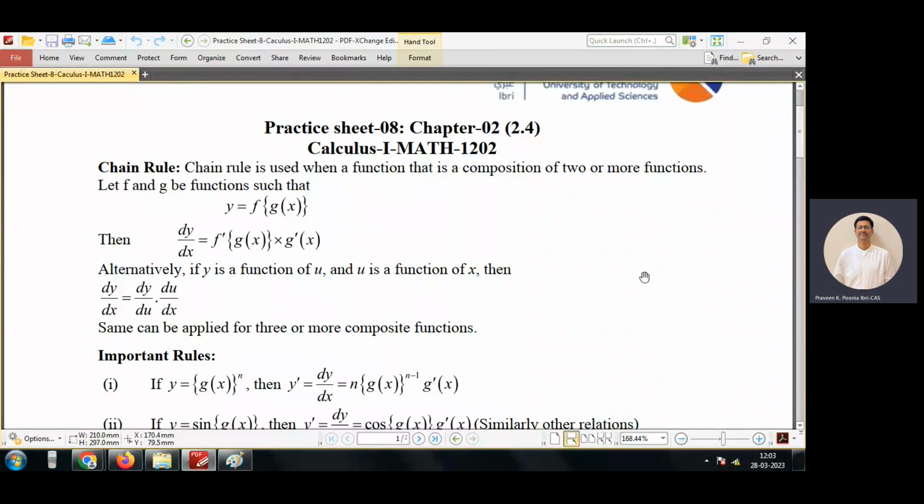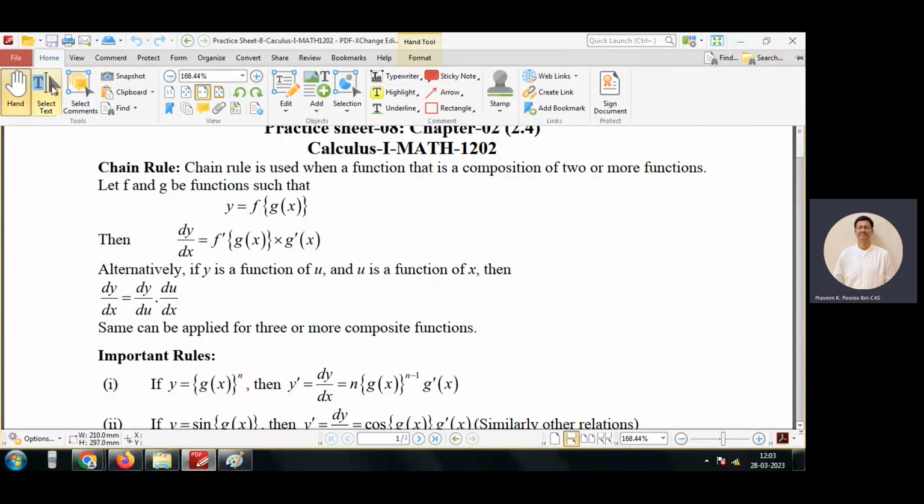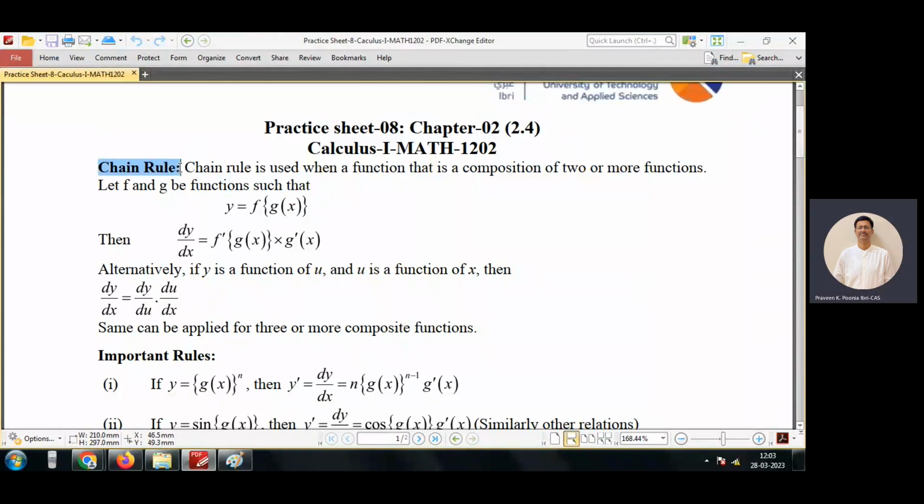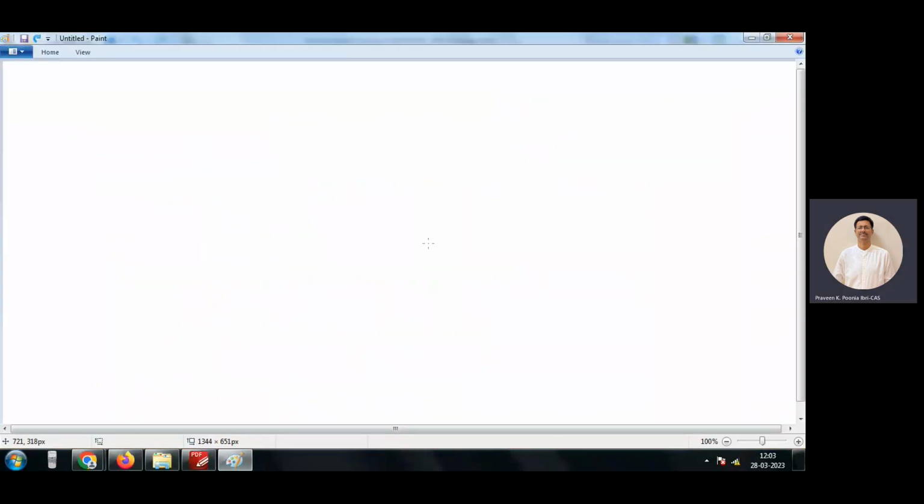Good morning, students. In this lecture, we are going to discuss a topic that we call the chain rule. To understand what the chain rule is, let's say some function f(x) is there,